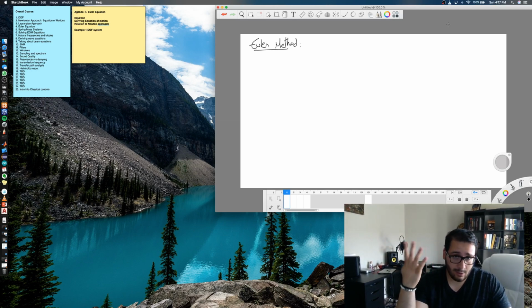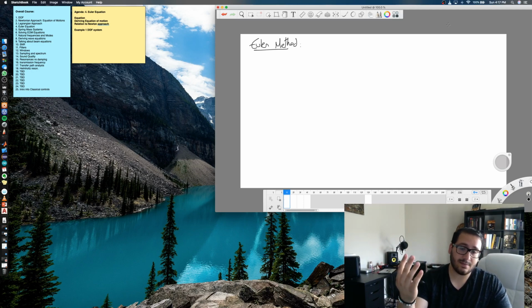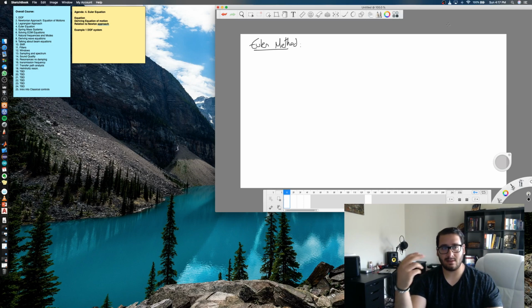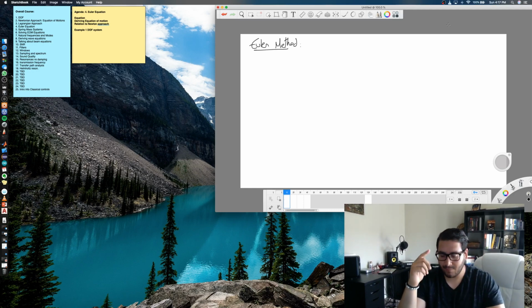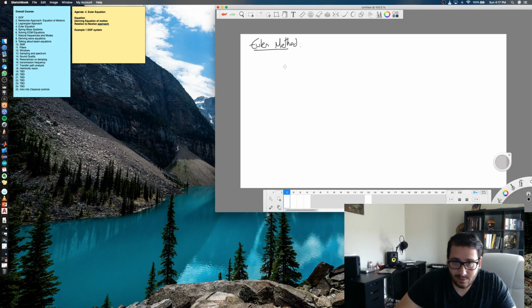The more degrees of freedom you have in your system, the more you will find out that you need to use multiple methods to account for all of these things. Okay, so let's talk about Euler. It all started with